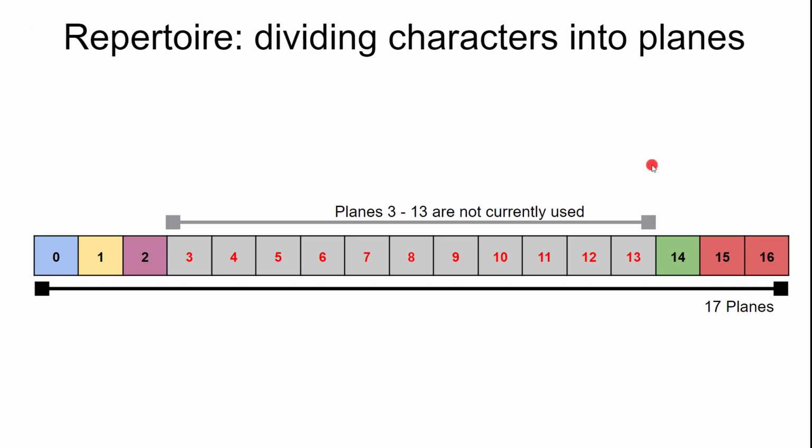What we've done here is taken the previous slide and shown how Unicode has subdivided the code point space into 17 separate sections called planes. The number 17 is special because each of these planes contains 65,536 code points, which are perfectly represented with a 16-bit word. 16 bits is something a computer likes, not 21 bits. Because there's only 144,000 code points used, there's a big gap, and planes 3 through 13 are not currently used,